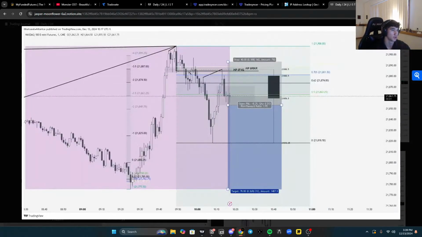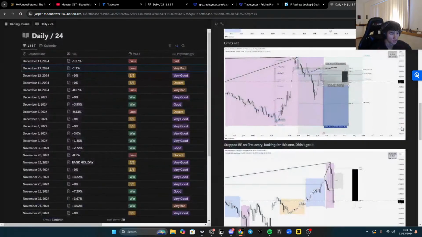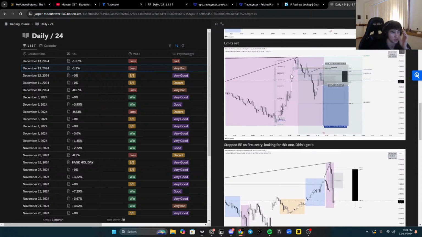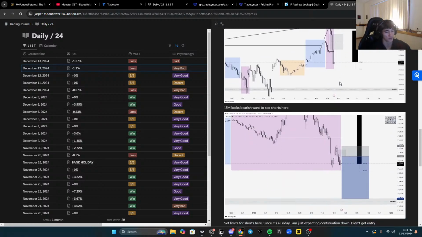My entry was already here. It was a little bit further off. It kind of ran away a bit. Bang right here, push lower, we retrace. This is what stopped me out. 40 handle stop loss is a little bit insane. If you're using lower size, I'd understand it, but right here, I think this is some manipulation move up higher after running into this low, which I think we had on MNQ and NQ.